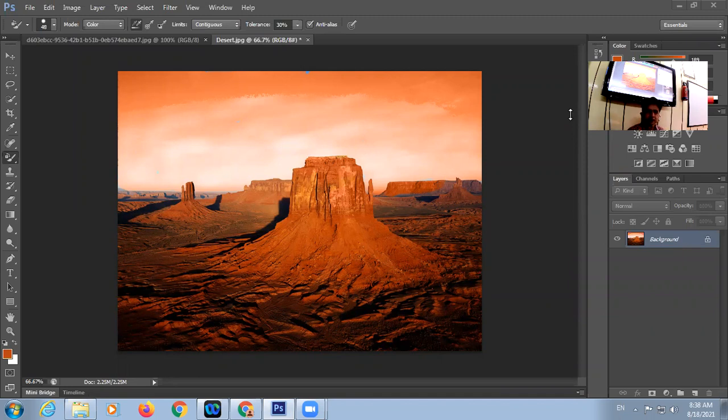Okay, online students, now we are going to the next tool. This is called the color replacement tool. It means a particular color we will replace with another color. So next is